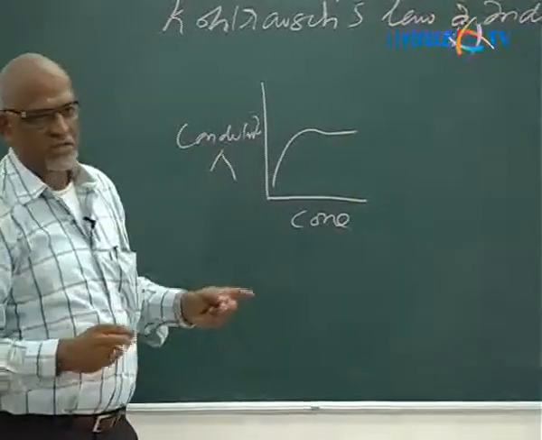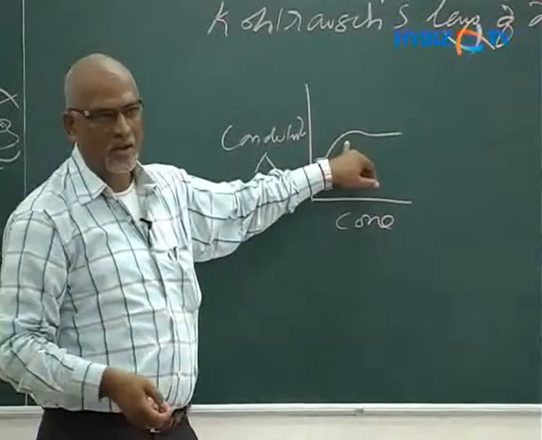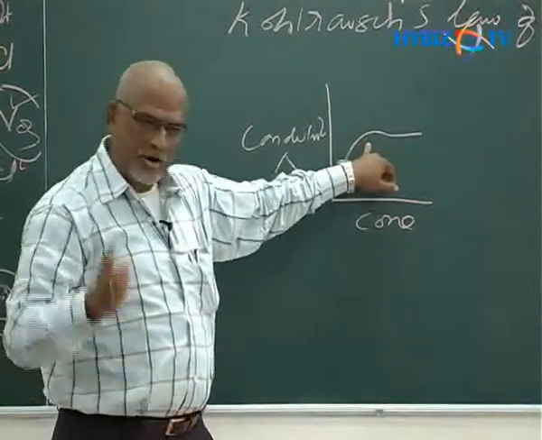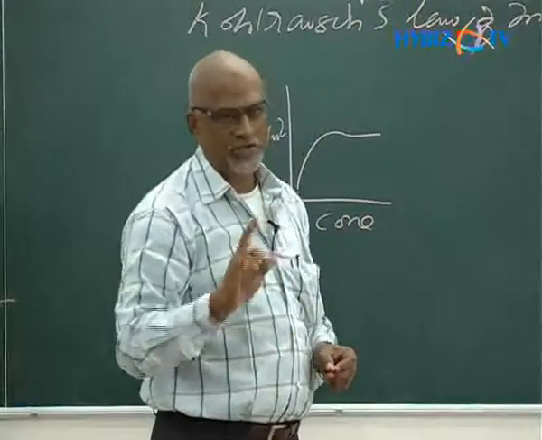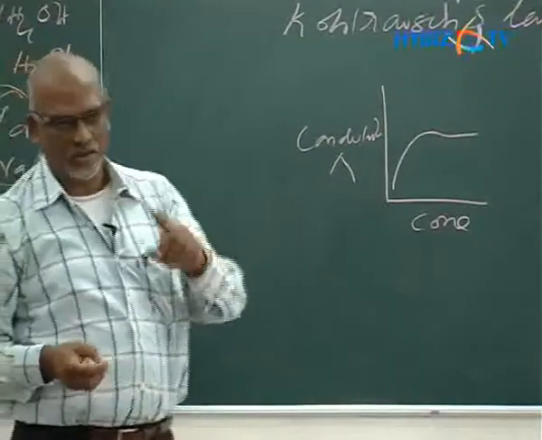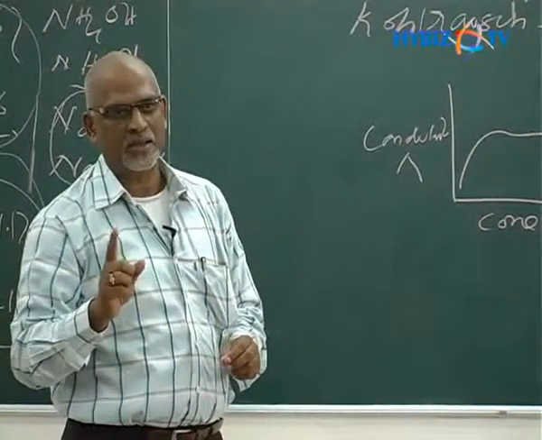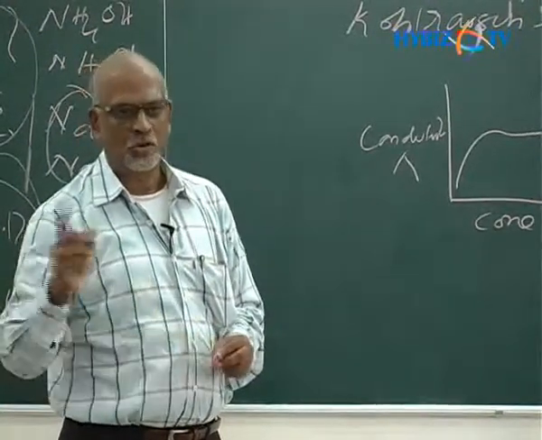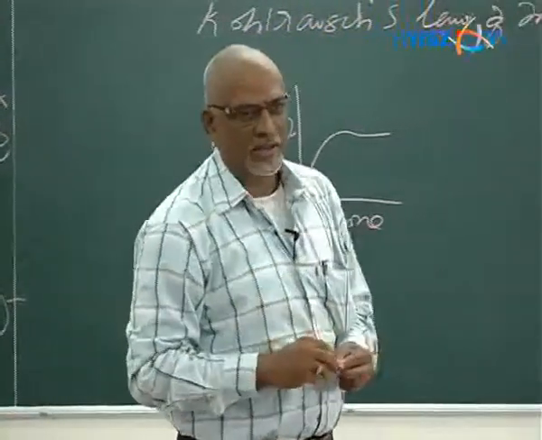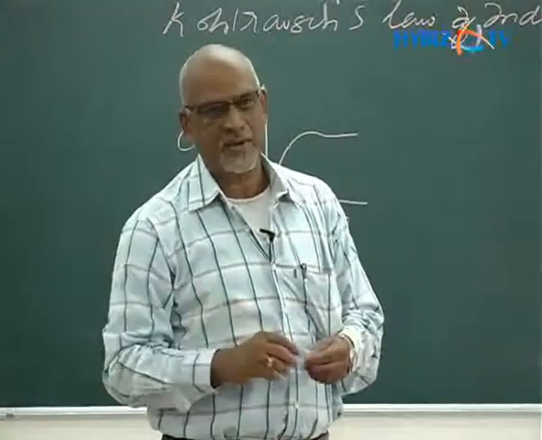When you increase the concentration, usually it increases to a certain level and then becomes constant. This is in the case of very strong electrolytes, or in some cases there is no change at all. However much you increase the concentration of the solute, there is no change in conductivity. This is in the case of strong electrolytes. The reason being, strong electrolytes dissociate completely, and whatever ions they dissociate into are already separated.